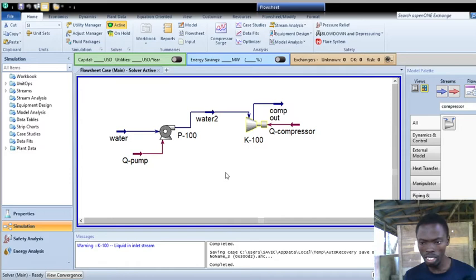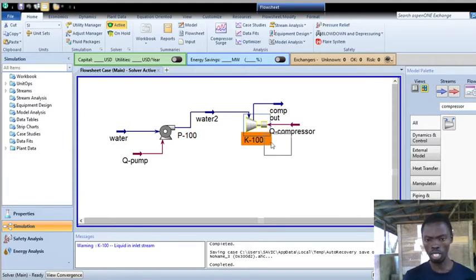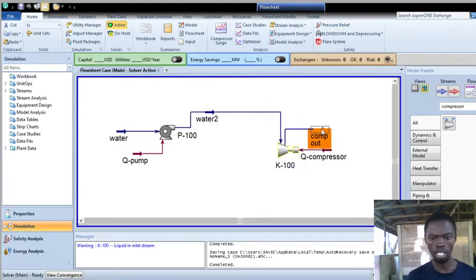So where we stopped yesterday, we stopped on that compressor whereby we added the inlet stream from the pump to that of the compressor, and then it was established that it won't work although you have the result, because the pump deals with liquid whereas the compressor deals with gas. So how do you now make that work? Let me show you a function on Aspen ICs today, which we call the break function, whereby you can break a stream. We don't delete streams under Aspen ICs, we break the stream.